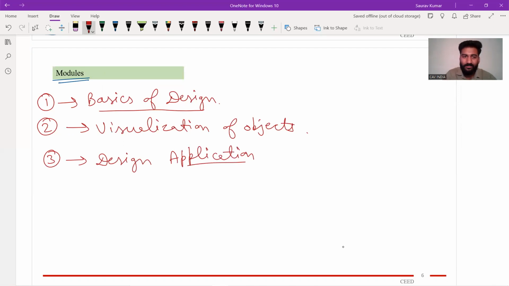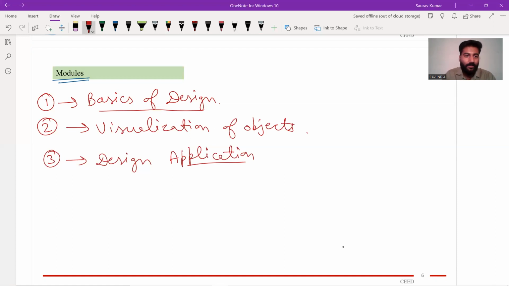Design application, basically in the CEED exam, they also ask questions in which you need to use your design thinking, and then you need to answer a lot of questions. So it includes, let's say, questions related to typography. Typography is like your fonts, alignments, or the color that is used, or your material study about wood, glass, or some kind of conventional, non-conventional drawings like different use of objects or how to identify the object, redesigning